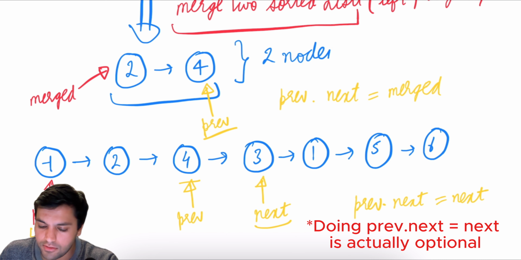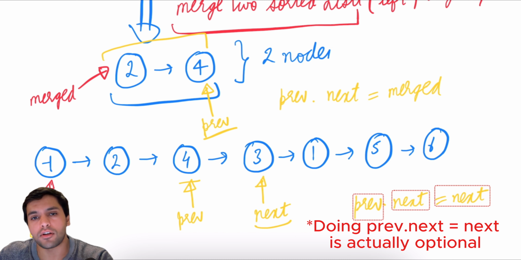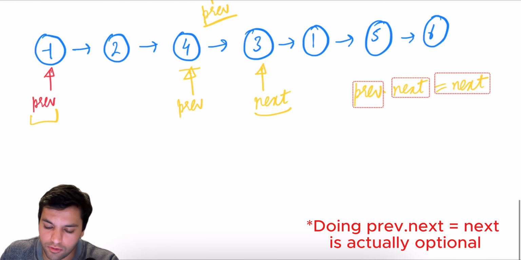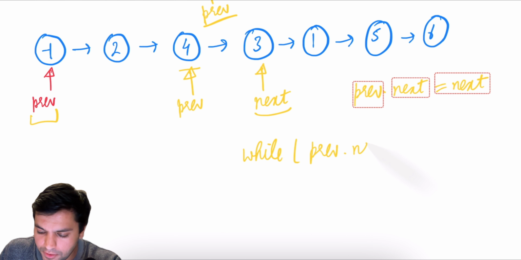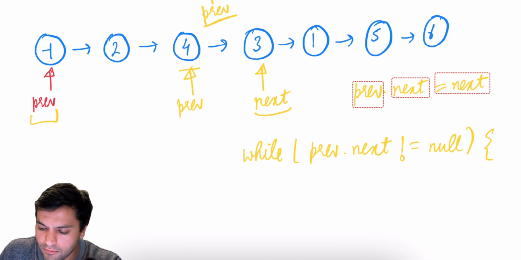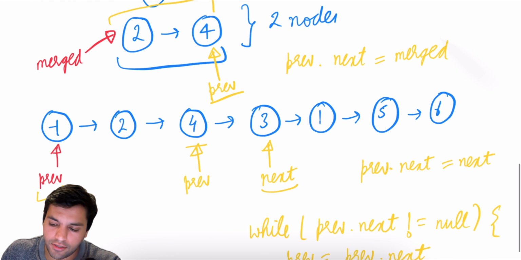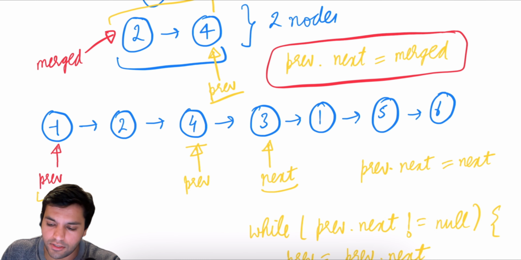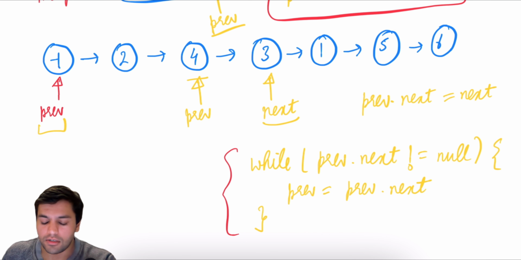And then I can set my previous dot next equal to next, and I'll have to iterate over the merged part till previous dot next is not equal to null. So it would look something like this. While previous dot next is not equal to null, I'm going to move my previous equal to previous dot next, and I do this after previous dot next equal to merged, because for the